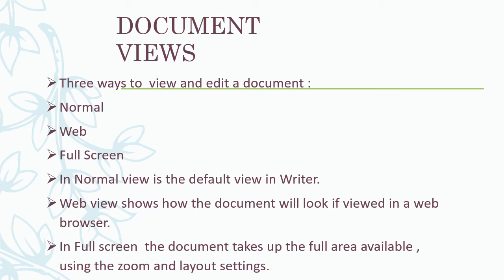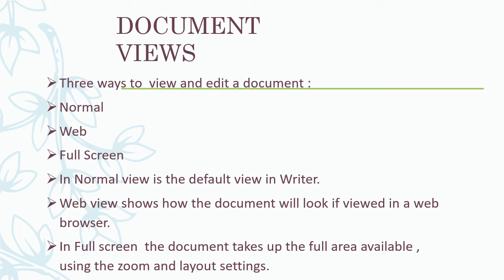And the last one is full screen view. In full screen view, only the content is displayed. Other than the content, the menu bars and toolbars are hidden. Those are invisible. Only the main content is shown.